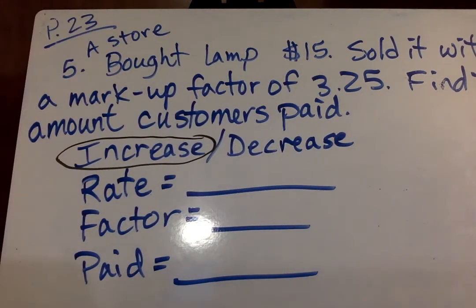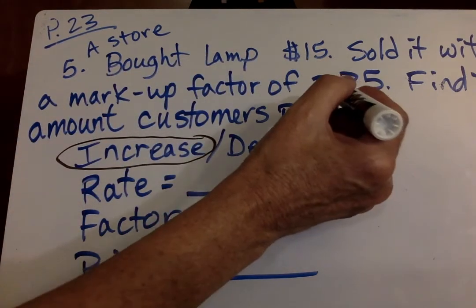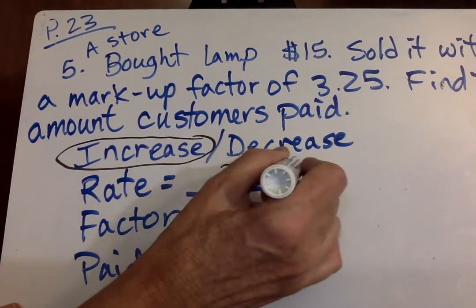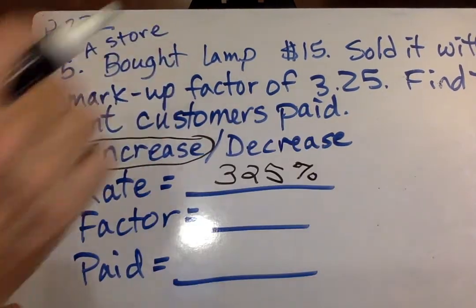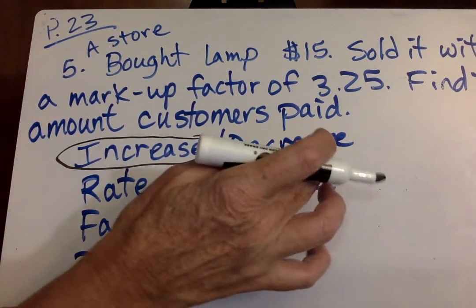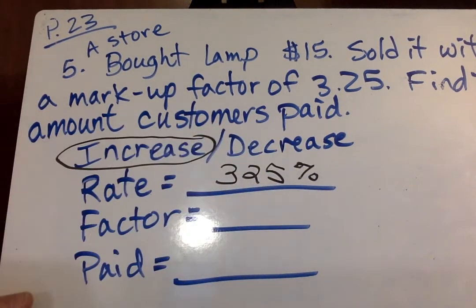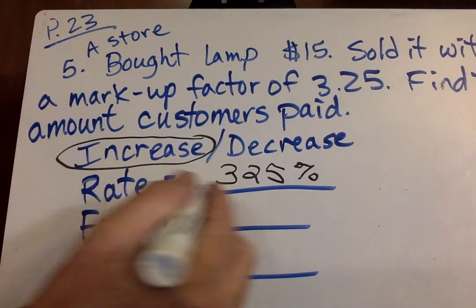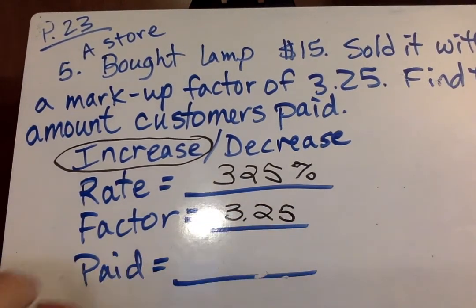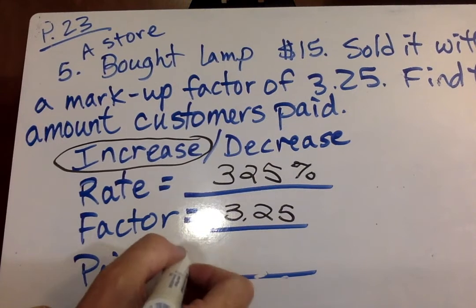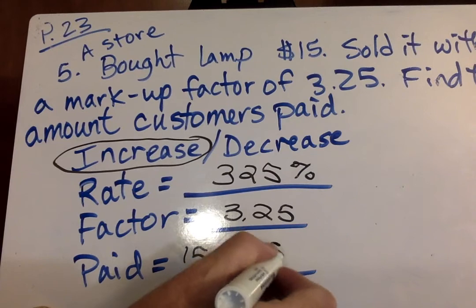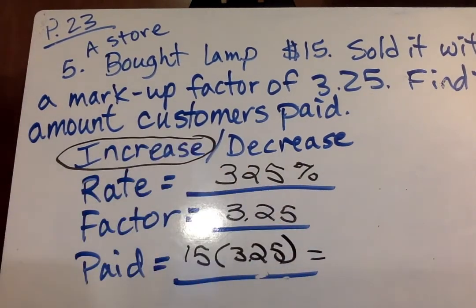It says it is a rate of, we're going to take this, move it 2 decimal places over. So it's a 325%, or that wouldn't actually be a profit because we need to minus 1, so it's a 225% profit. So the factor ends up being 3.25. So how much did they pay? Well, we take the $15 times the 3.25, and that will equal